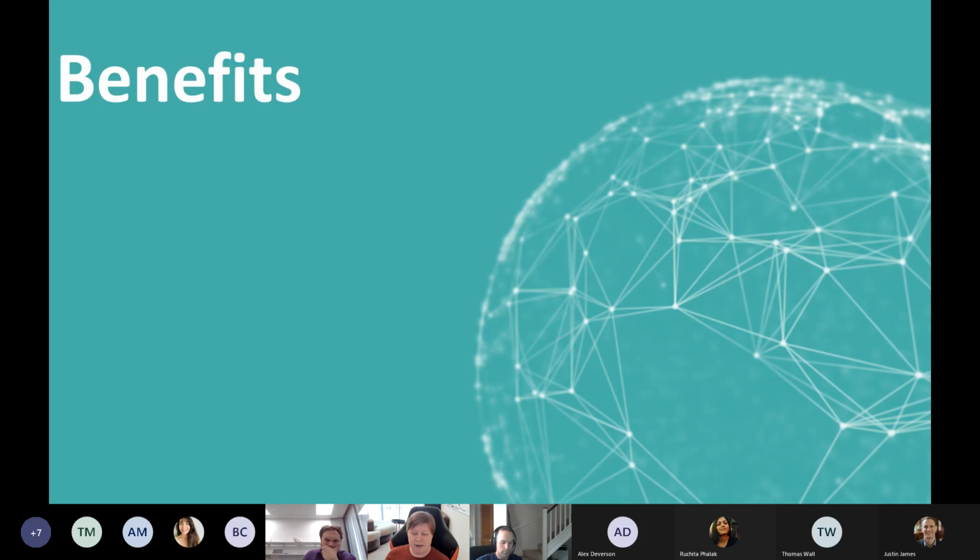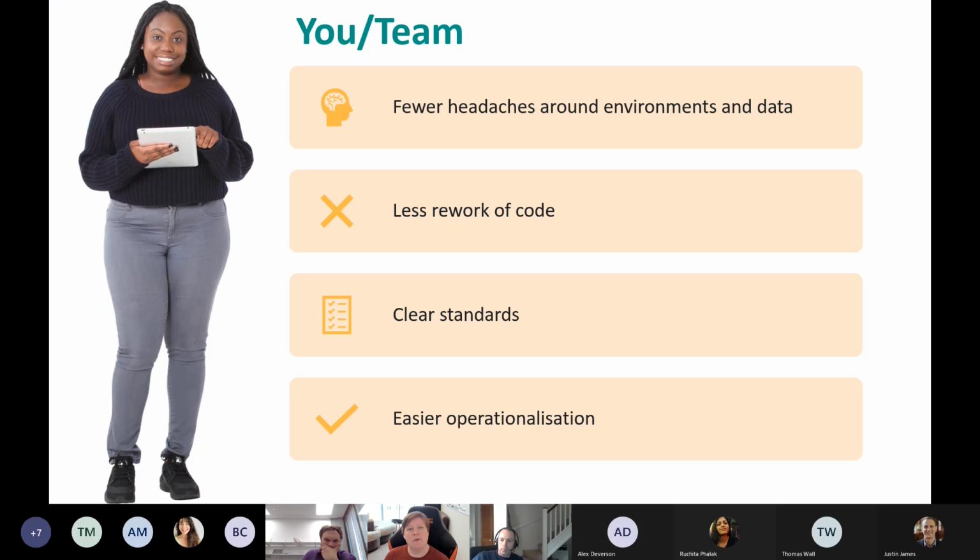There are tons of benefits to this. So for you, working on making your code and your analysis reproducible from the beginning gives you fewer problems with the portability of your code.